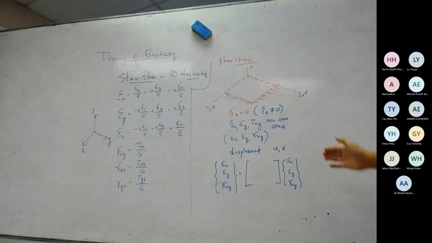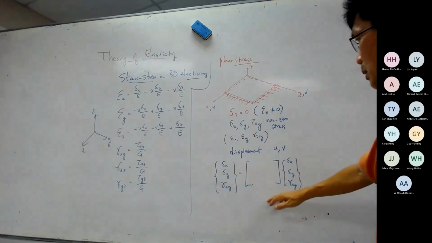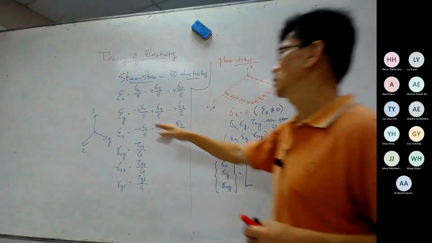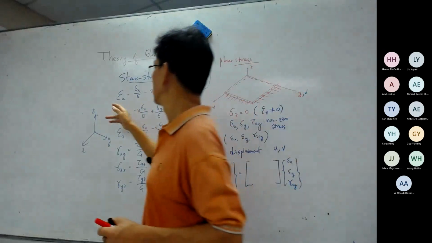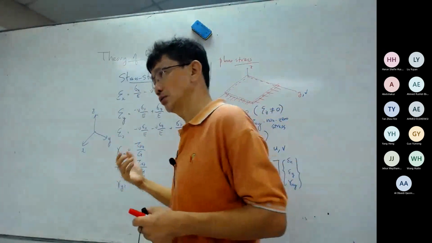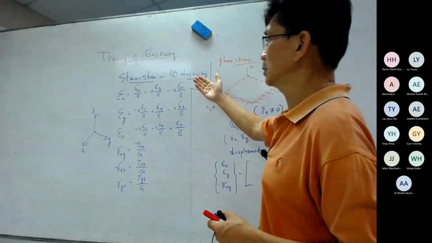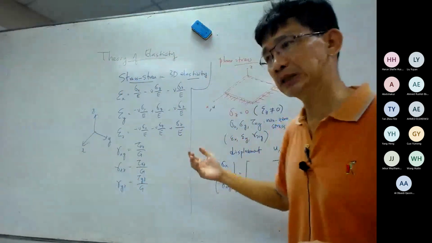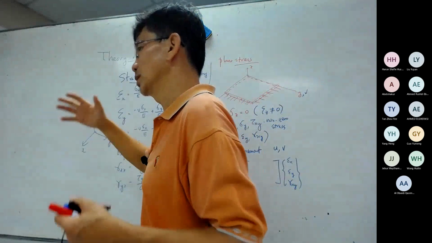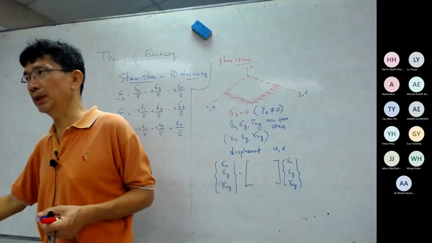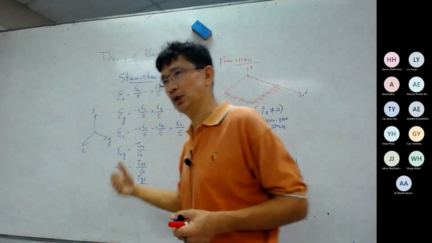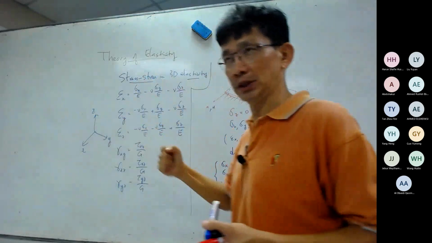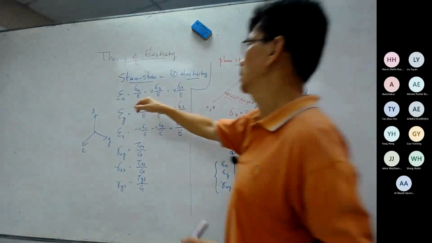So these are the three stress-strain relations that we need for the plane stress problem. And how do we get this? If we start from here, these relations are easy to remember. You can also have the stress-strain relations in 3D, where you put the stress on this side and the strain on this side. But that form will be a bit more difficult to remember, because this one is easier, since we can work from first principles of the effect of stress in the 3D body. So if we start from here, then